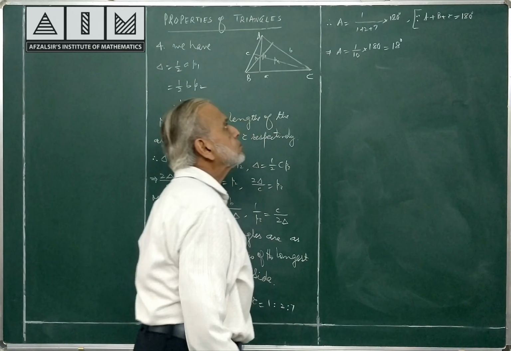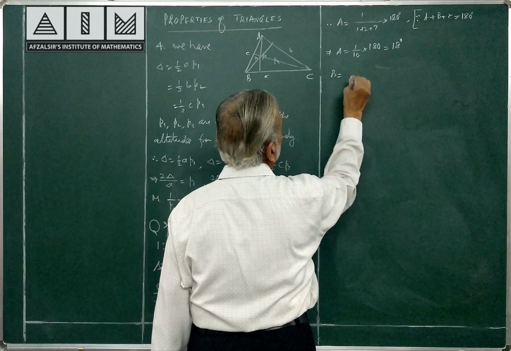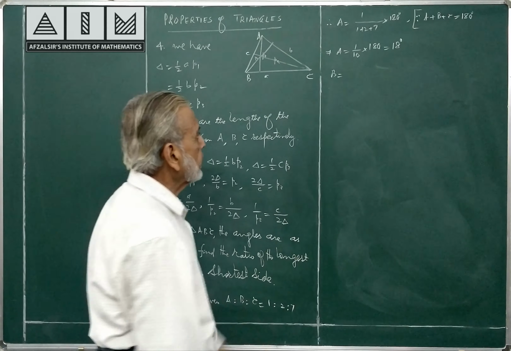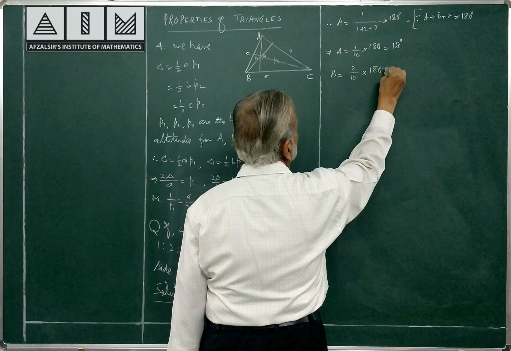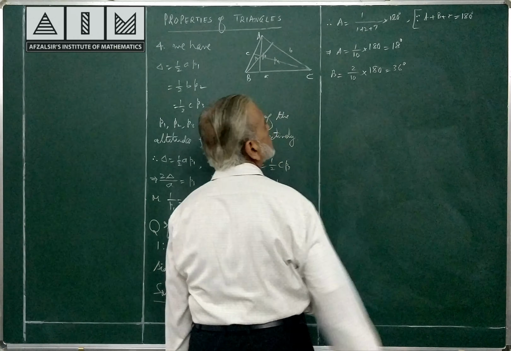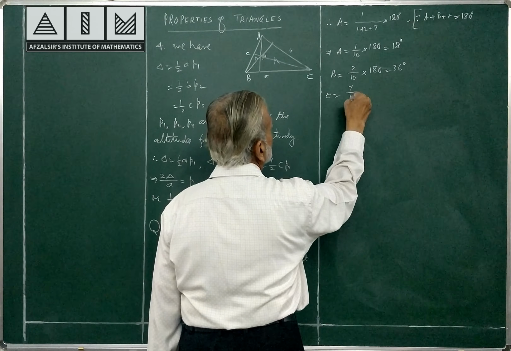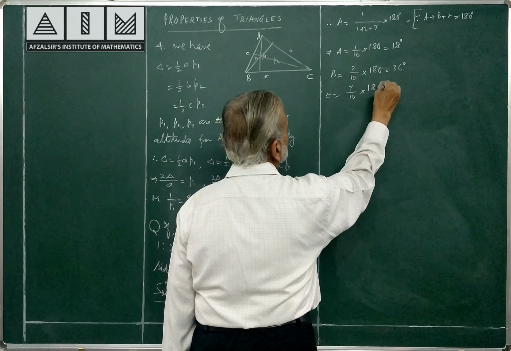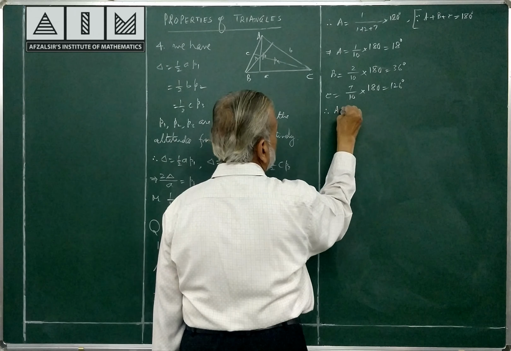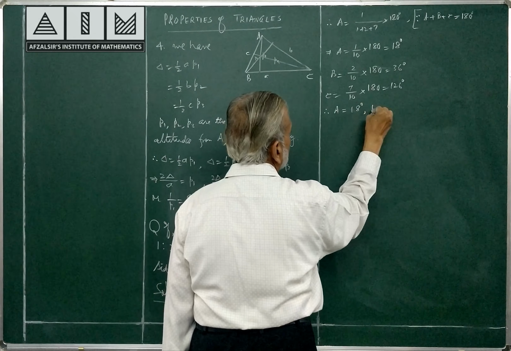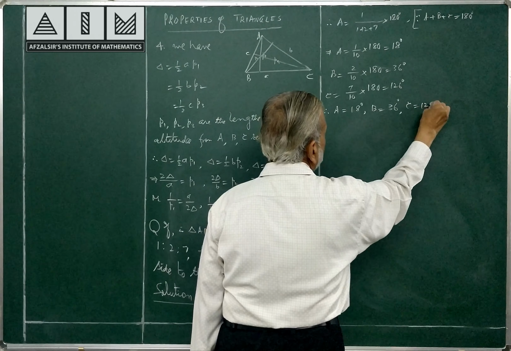18 degrees, first angle. Second angle, 2 by 10 into 180. Last angle. So A is equal to 18 degrees, B is equal to 36 degrees, C is equal to 126 degrees are